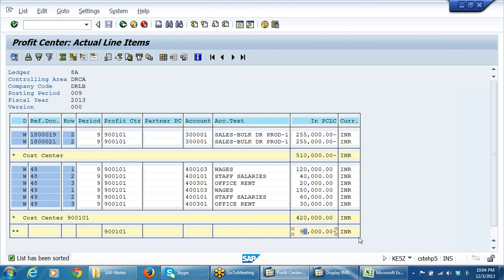So now what we have done: in case of cost centers you have seen only the expenses that are posted to the cost centers, but in this case I have not posted cost to the profit center. But how are costs transferred to the profit center? Because we have given,